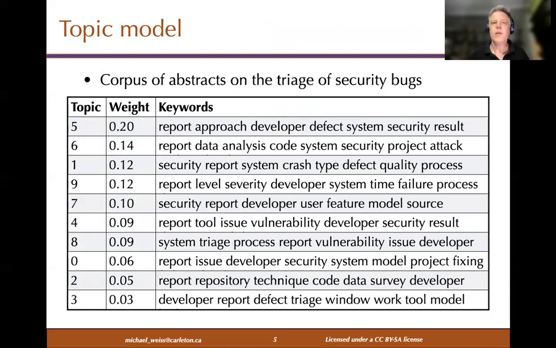So let's look at an example. Here we have a corpus of abstracts on the triage of security bugs. This was a topic that we were interested in for a recent research project. So the best fit was obtained for 10 topics. And here you see the topics sorted by weight. So topic 5 has the highest weight and is about, as you can see,